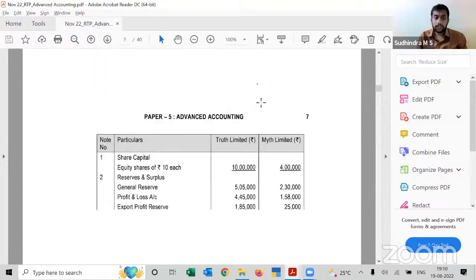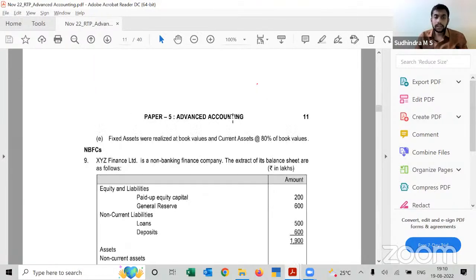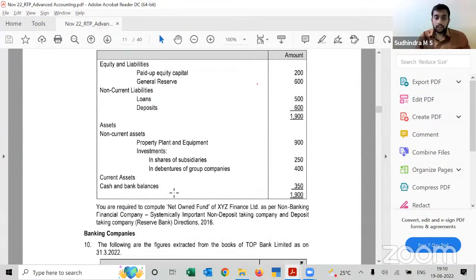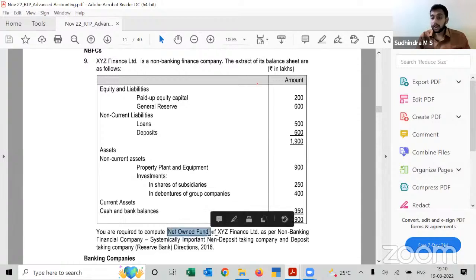Then the last question, on NBFC, question number 9. XYZ Finance Limited is an NBFC. Extract of its balance sheet is as follows. You are required to compute the net owned fund of XYZ Finance Limited as per the NBFC Systemically Important Non-Deposit taking Company and Deposit taking Company Reserve Bank Directions 2016. So to calculate net owned funds,